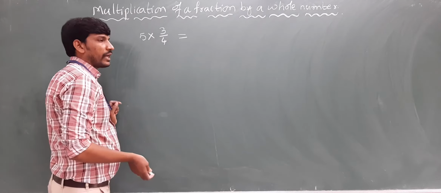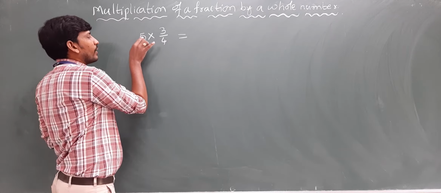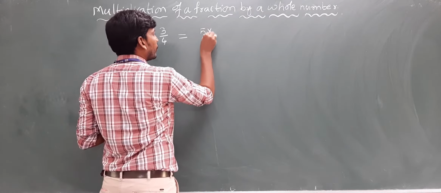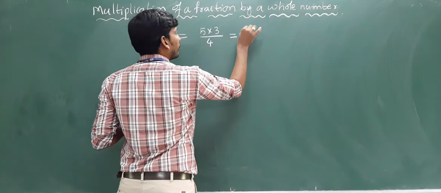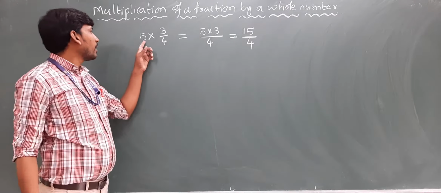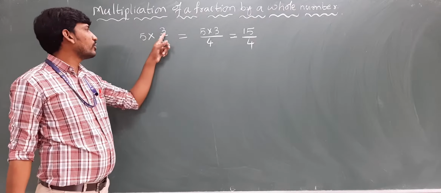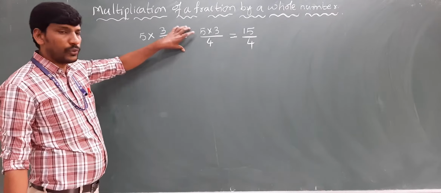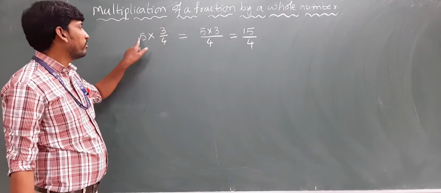It may be a proper fraction or an improper fraction. You just multiply this value into the numerator only. So 5 into 3 divided by 4, which is equal to 5 3s are 15 by 4. Understood everyone? I am multiplying a whole number and a fraction. How to multiply? Some people will make mistakes. They will multiply with the numerator as well as the denominator. So don't do like that. 5 into 3 by 4 is equal to 5 into the numerator only. You can multiply only with the numerator. 5 into 3.